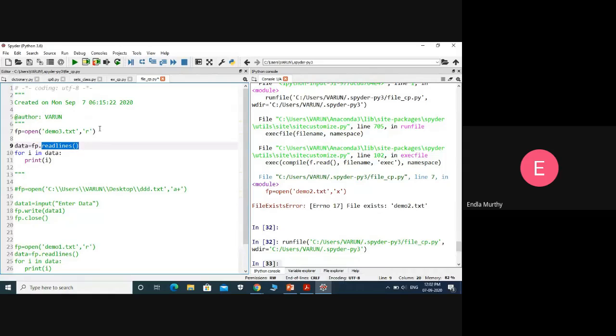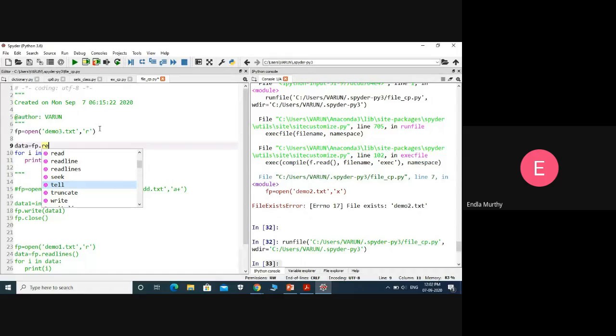For reading we have multiple functions. Of course, I can use seek and tell also. These seek and tell are for checking in which position we are. Tell is actually for checking which position we have. Of course, truncate means to erase the data. We can use these functions like that.